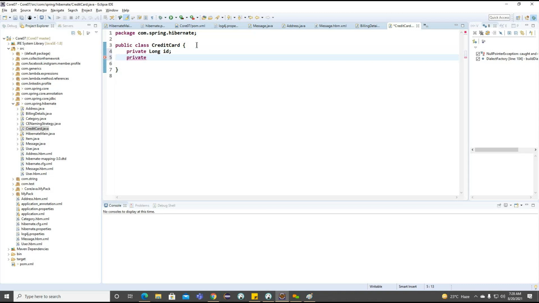Long ID, private type, we can go for the type as a String, and expire month and expire year.